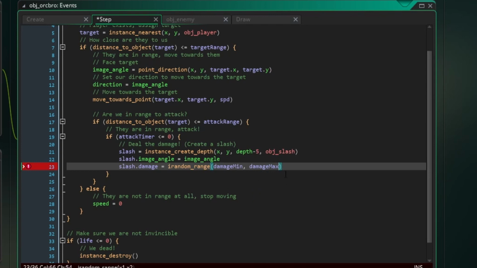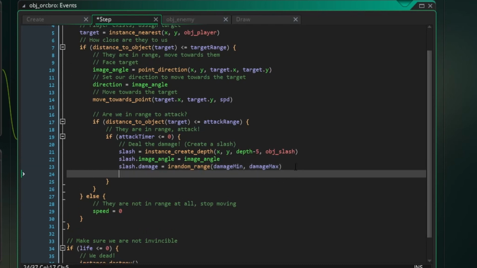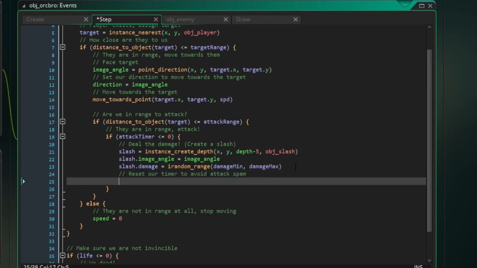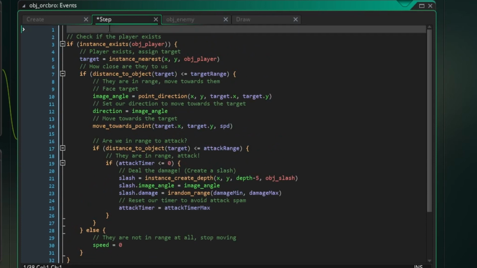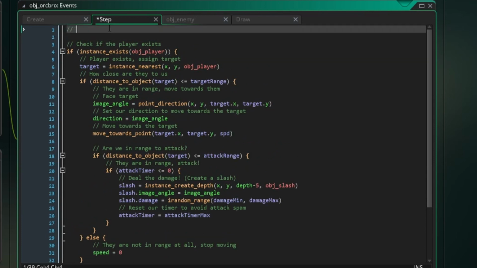There we go. Cool. So now this should work. Oh, we also need to do one last thing: reset our timer to avoid attack spam. So what we're going to do here is attack timer equals attack timer max. And then what we have to do now is we also have to add code to